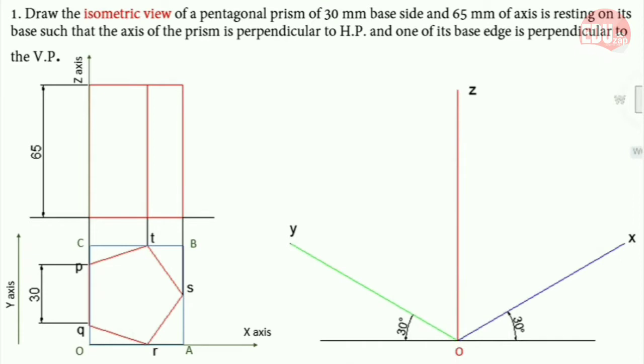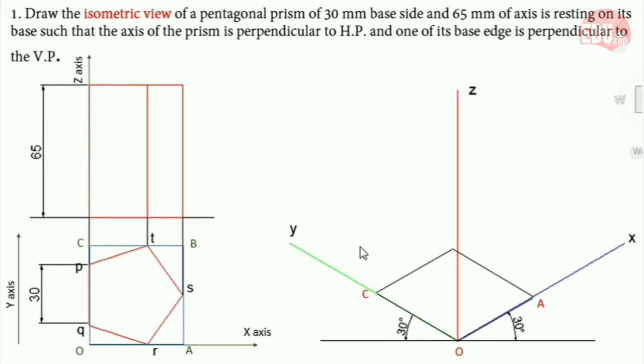And then for drawing the isometric view, you need to draw axes like this, 30 and 30 degrees, and a 90-degree line representing the Z axis. Then you need to plot this distance OA on the X axis, OC on the Y axis. To find B, you can use the parallel line method or an arc method.